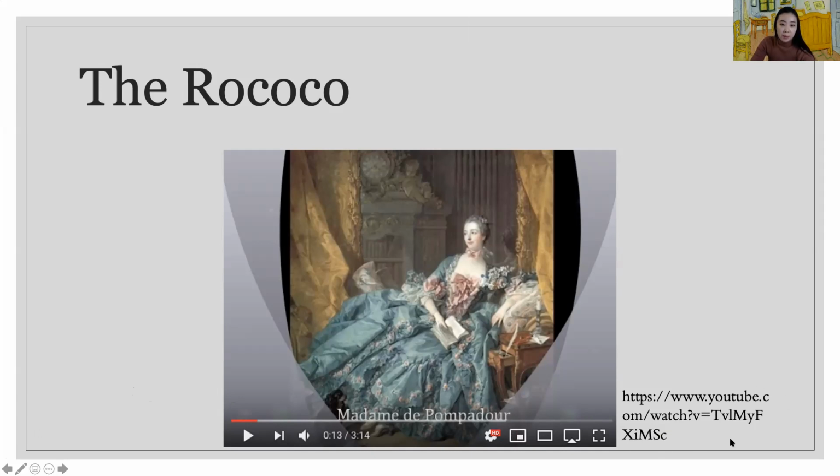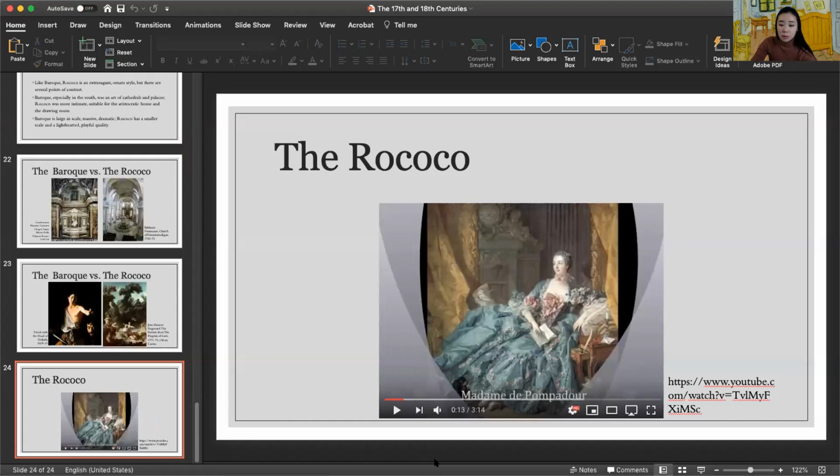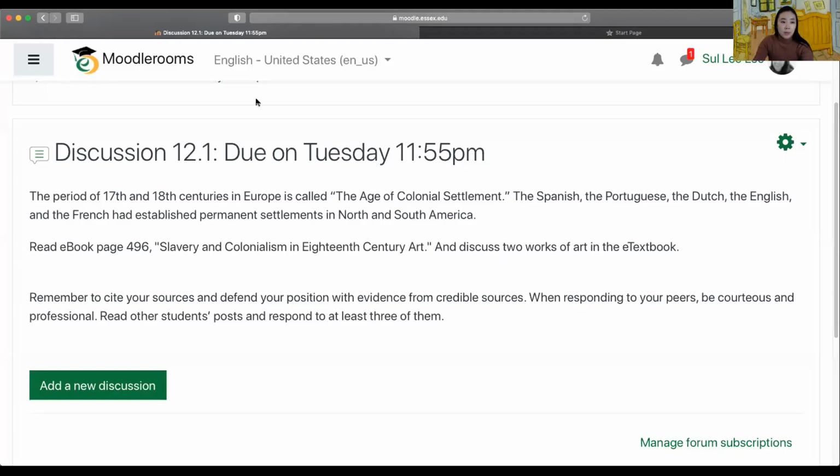And we have a discussion today. Okay, so this is today's discussion. The period of the 17th and 18th centuries in Europe is called the Age of Colonial Settlement. The Spanish, Portuguese, Dutch, English, and French had established permanent settlements in North and South America.